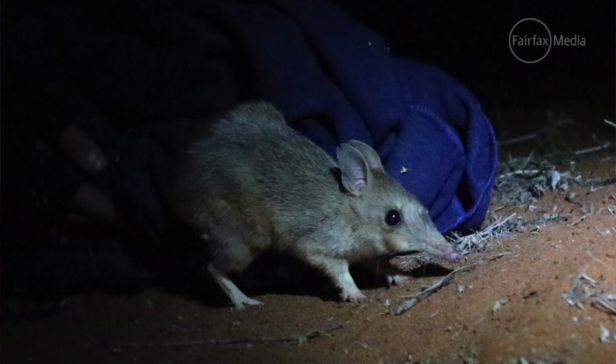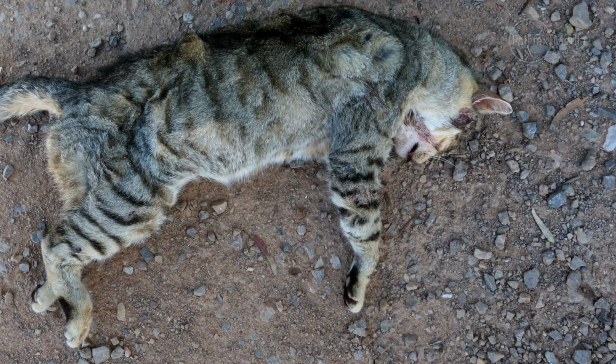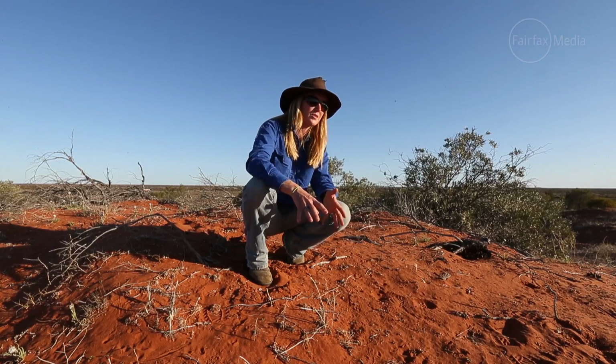Since European settlement, we've lost most of our medium-sized mammals. So all of the bandicoots and the bilbies and the small macropods have all gone extinct, mostly due to things like feral cats and foxes, a lot of degradation of the land through rabbits and pastoralism. So most of them have disappeared from the system, and there's not really a lot left in terms of mammal